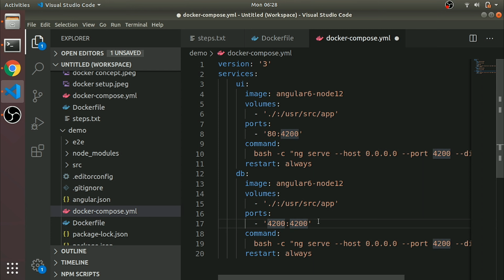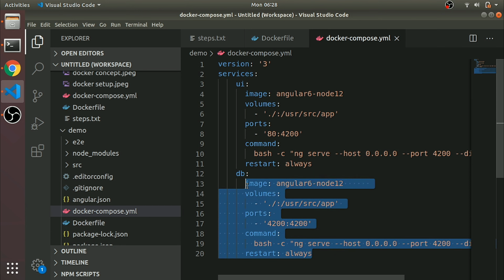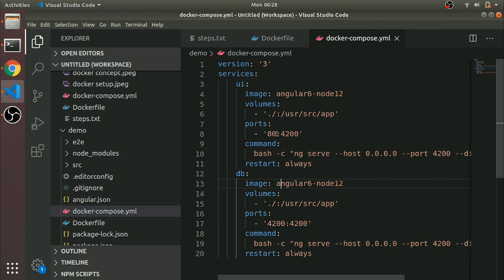Same thing, we will change another port outside 4200. Because we have not changed anything else here, it will create two containers with the same setup, one running on port 80, one on 4200. In a real scenario this will be different. You can give a MySQL DB image or some other image, and this will differ, but similarly for others. For demo purposes I am showing this. So let's go back to the terminal.